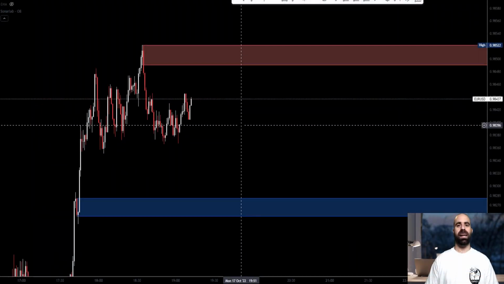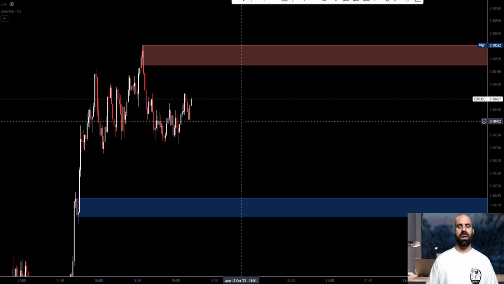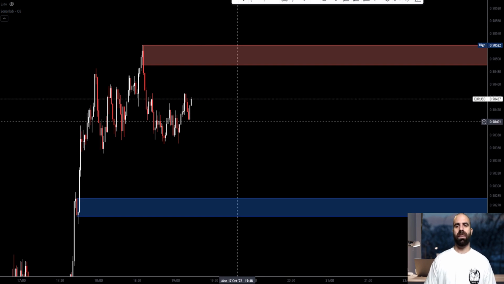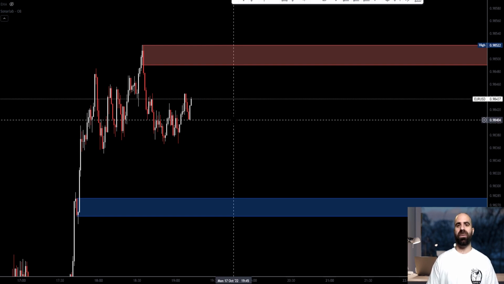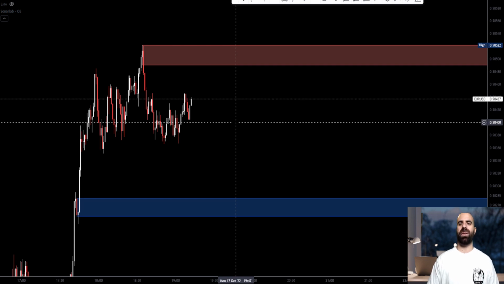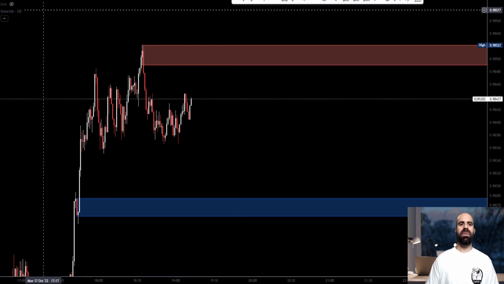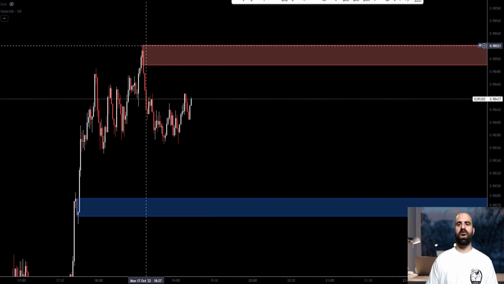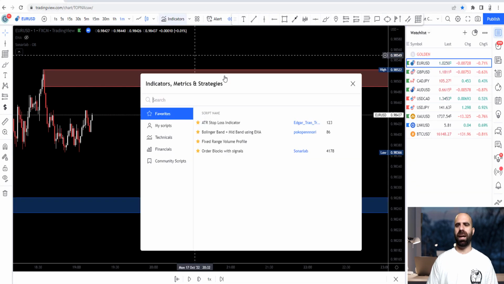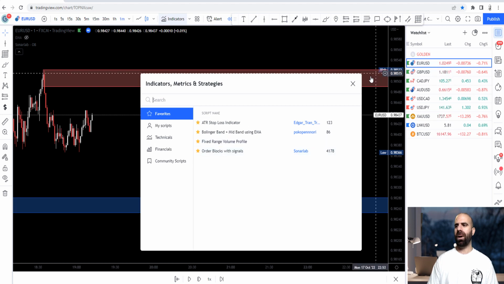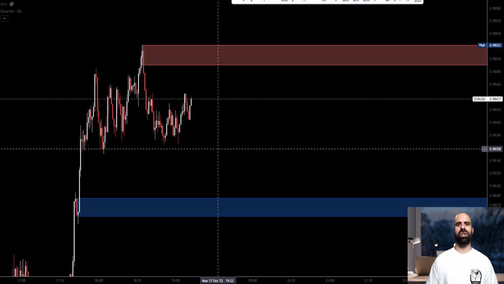Here we are again, as in our previous video. I'm just on a random spot in the chart, but this time we're not going to be using the 15-minute time frame, but just the 1 minute time frame. If you recall from the previous time, we were using the Sonar Lab indicator. If you type in order blocks with signals by Sonar Lab, you will have this indicator on your chart,